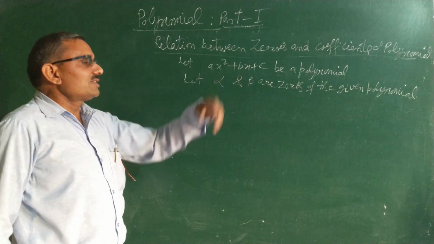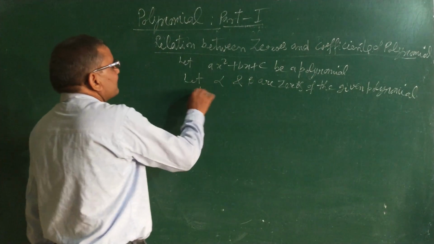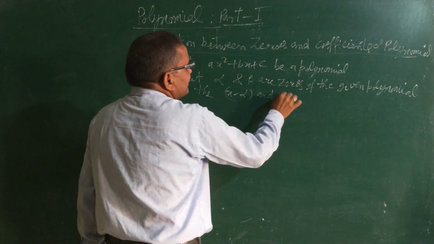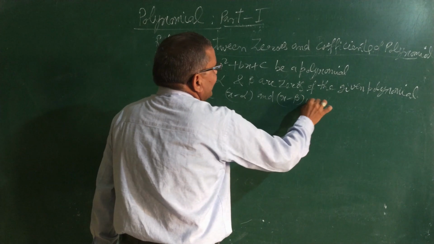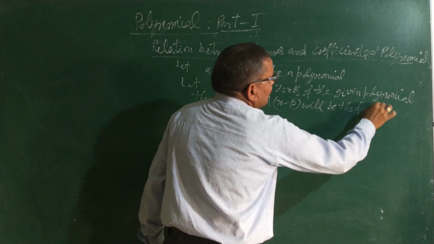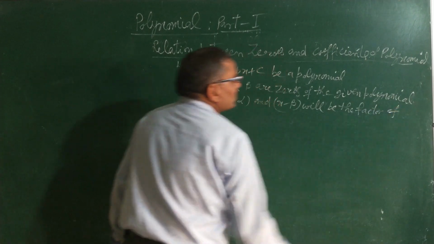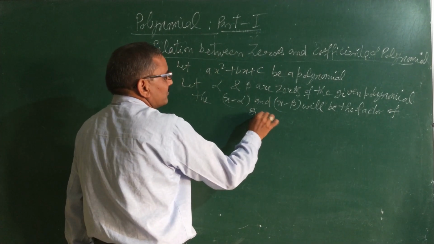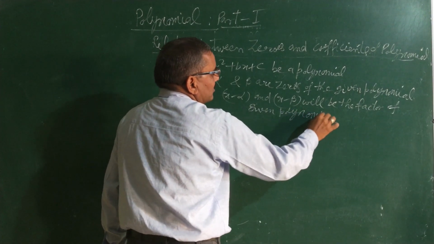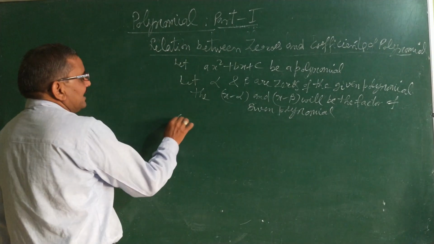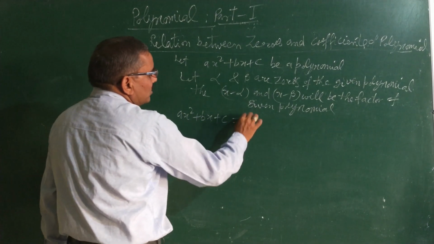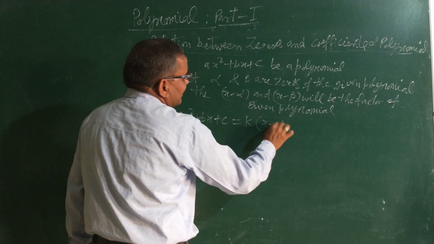If alpha and beta are zeros, then x minus alpha and x minus beta will be the factors of the given polynomial. So we can represent ax square plus bx plus c as equal to k times x minus alpha